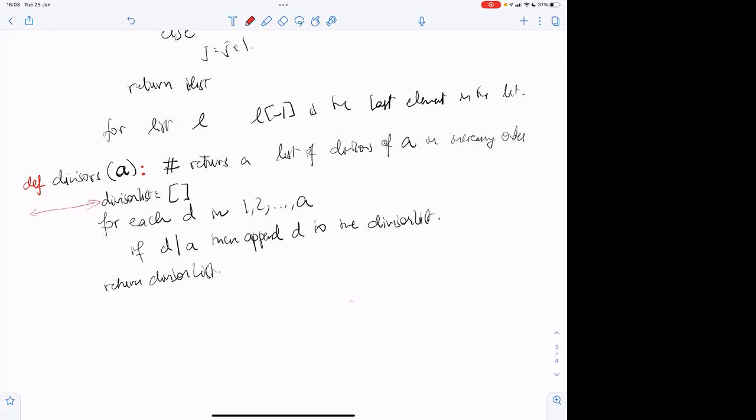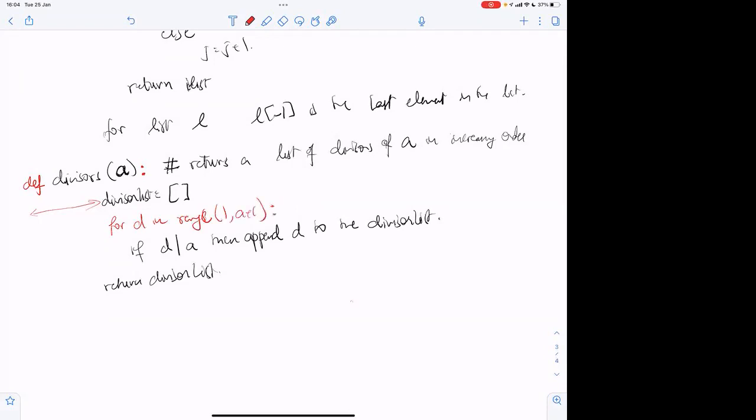And now I have to replace this by an actual for loop. So how do I do that? I will remove this, or let me erase this. That's better. For each d in 1 through a. So I will say for d in range 1 comma a plus 1 colon.